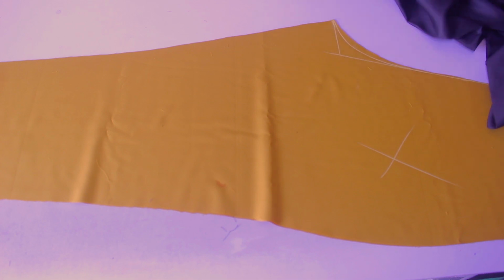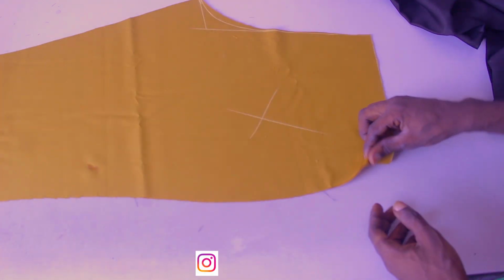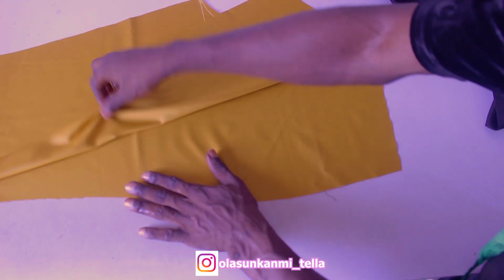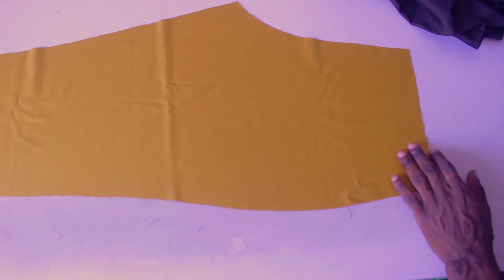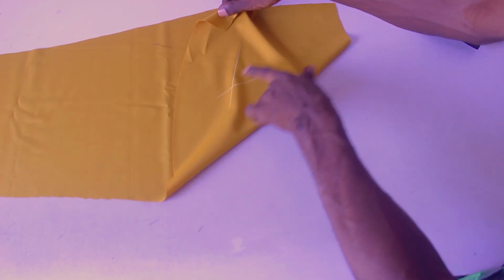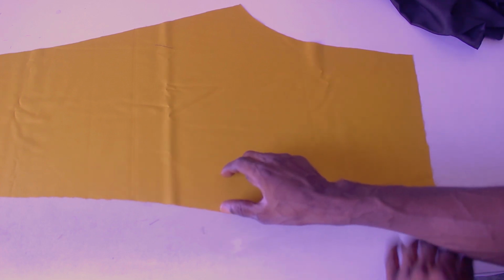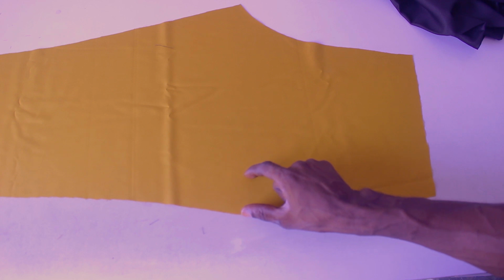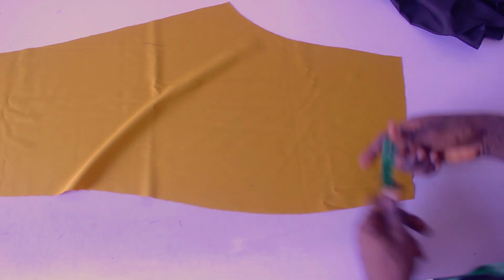So the next thing I'm going to do now is right here. Let me place this at this side first. At this place right here, I'm going to turn this to the front, which is the right side of the fabric. This is the right side, and you can see this is the wrong side on which we chalk. Depending on how wide you want the black to be, on this one, the black that I want is going to be a total of